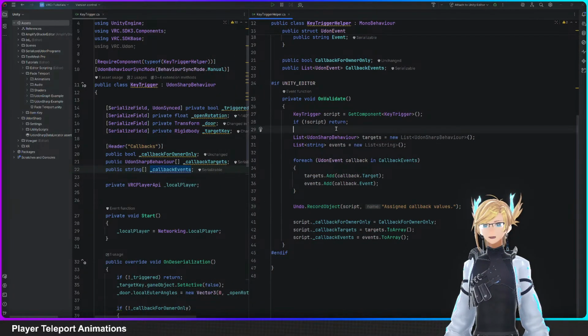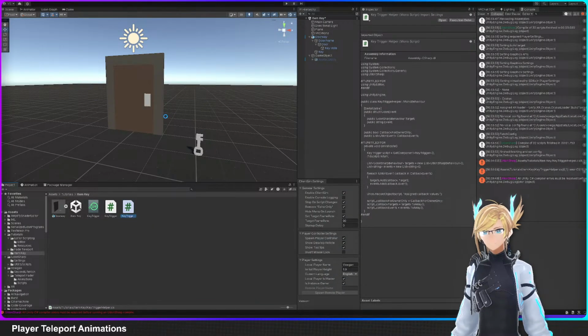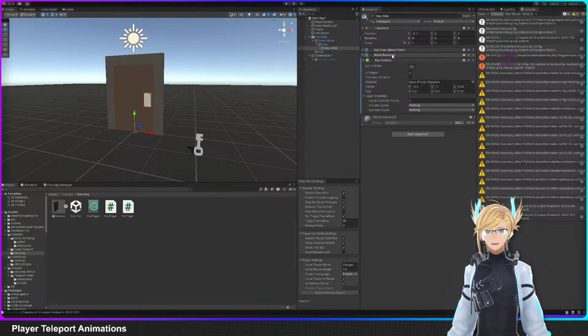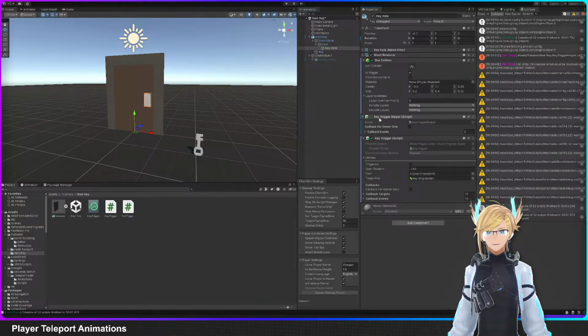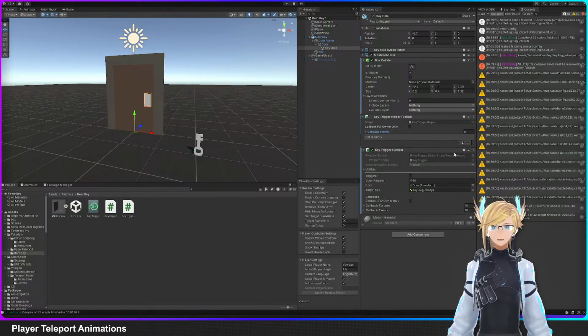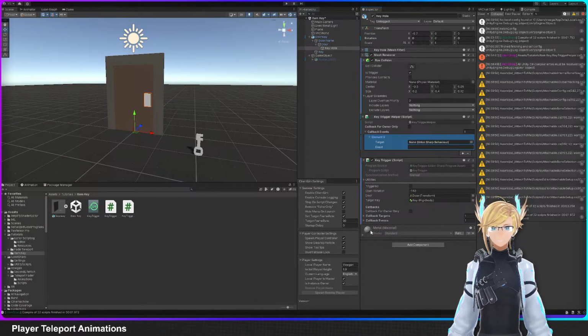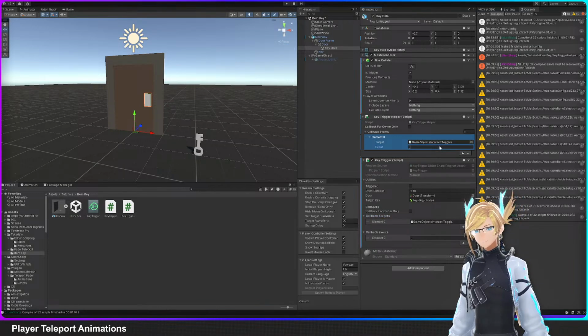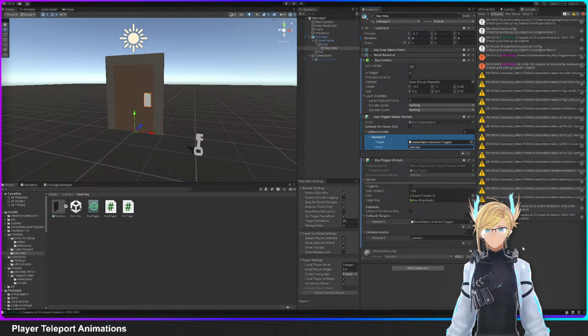All right, so now let's go into Unity here. We should be able to just click on our keyhole right over here. There we go. Now, it isn't on here yet, so if I just remove the component and then paste a new one, you see it automatically adds this key trigger helper. So let's have a callback. Let's have this one, which you see it immediately populated an empty value here. We'll do this and then set it to underscore interact. There we go. So that populates both of these arrays down here without us needing to remember